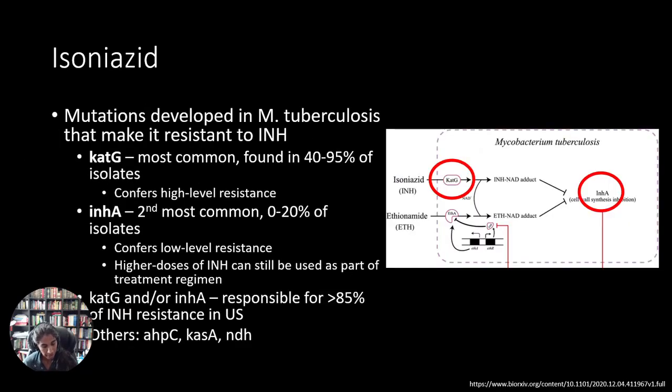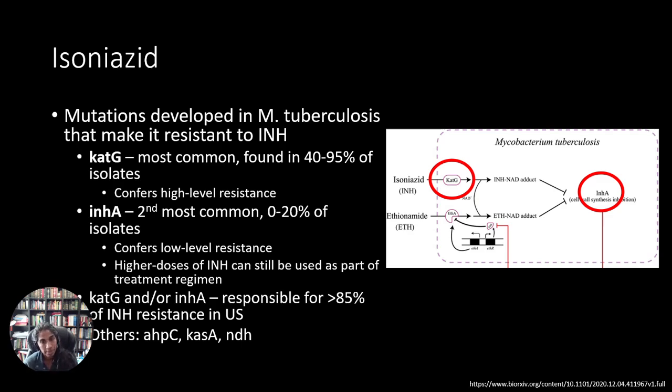The reason it is important to understand the mechanism of action is Mycobacterium tuberculosis has unfortunately developed mechanisms to overcome isoniazid. It's developed mutations, most commonly in CAT-G, which is found in isoniazid-resistant isolates. CAT-G mutations confer high-level resistance to isoniazid. The second most common mutation that is seen is in INH-A, again, the binding site of the active drug. This confers low-level resistance, and so one can use higher doses of INH as part of the treatment regimen to